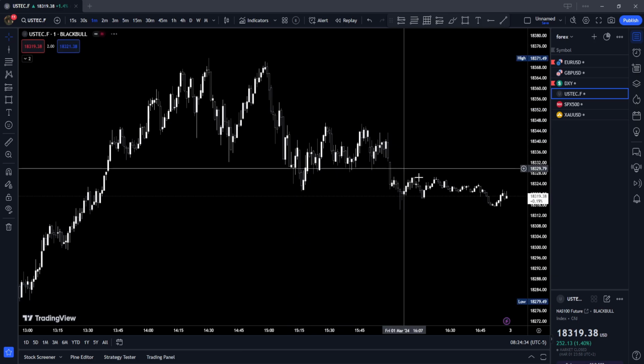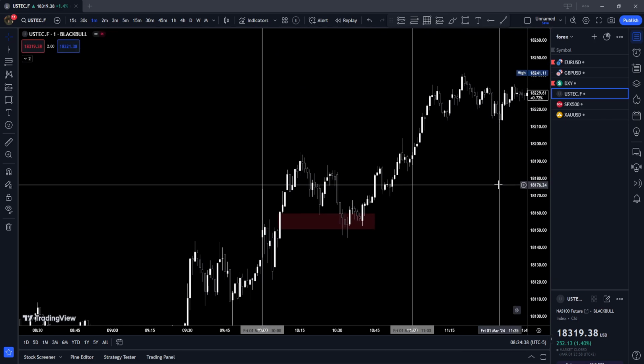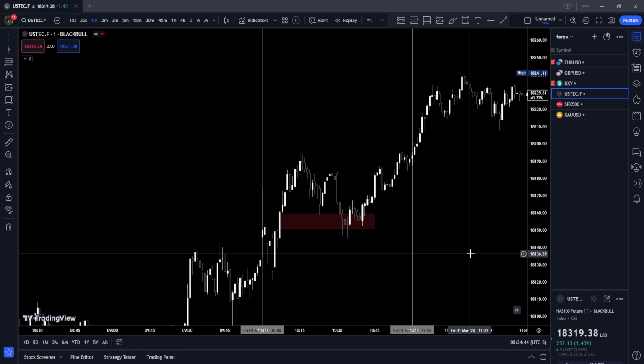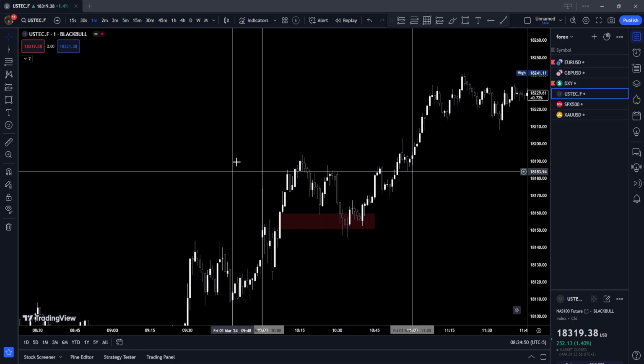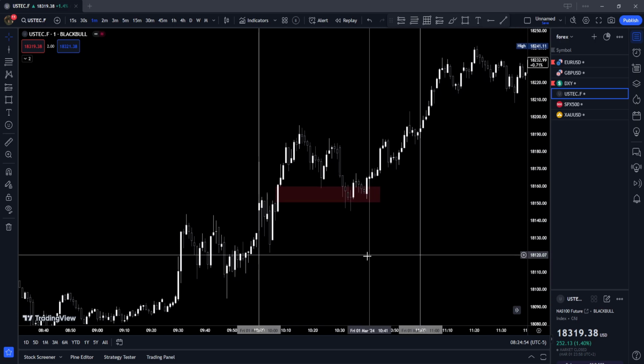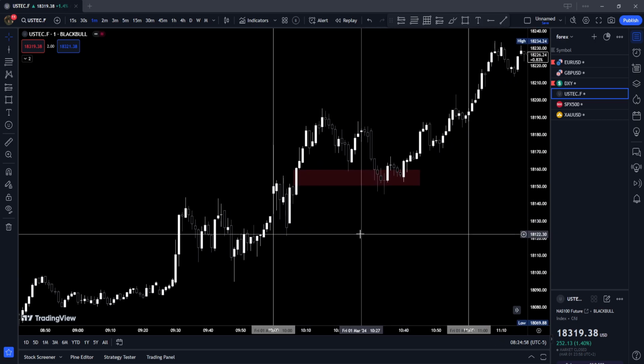But what you need to understand is we're not trying to catch tops, guys. We're trying to follow the market, right? When the market is at all-time highs, you're bullish till it fails. So we are bullish in this case. If we're bullish, what are we looking at? We're looking at a sell side to be taken, a displacement to occur your way, and then take a trade from it.